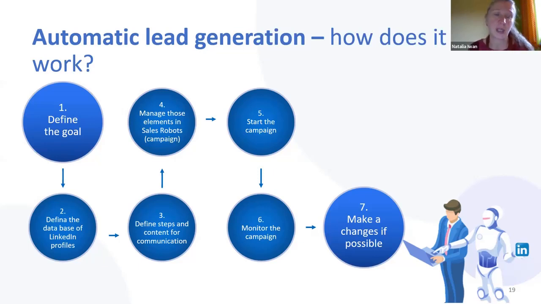Then when you manage the campaign in the interface, in the admin, you just press the green button and you start the campaign. Of course, as I mentioned, everything goes automatically from the Sales Robot, but you have to pay attention and monitor the campaign to react, to redefine, to make changes in the campaign if needed. As I showed you on Rafał's follow-up, he didn't need a third follow-up, the third stage, and we just stopped it, because